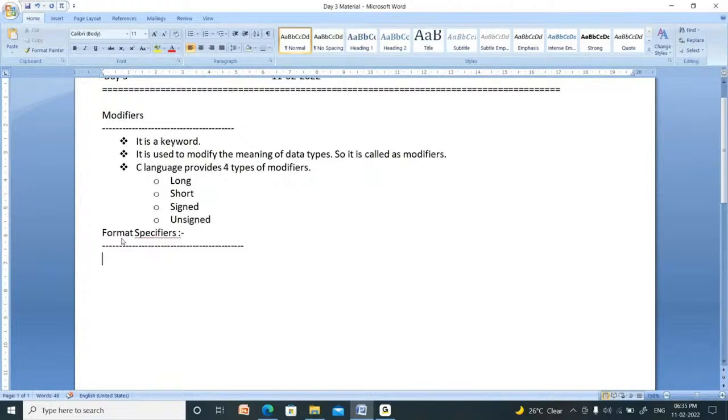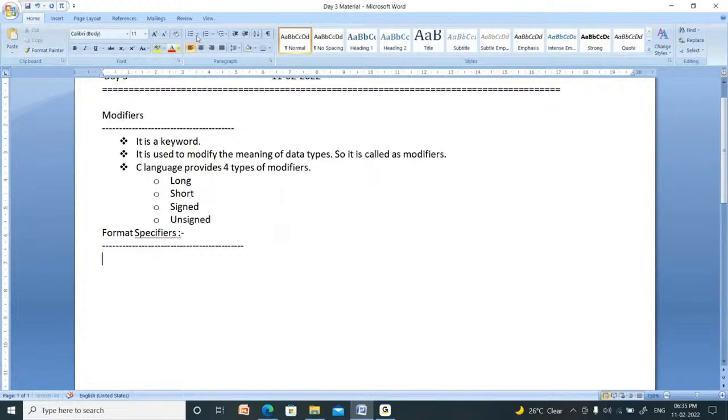In the same manner, there are a lot of data types. Each and every data type is represented by a special symbol. That symbol is called a format specifier.